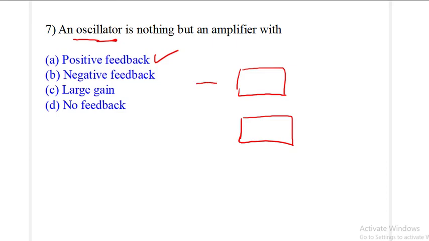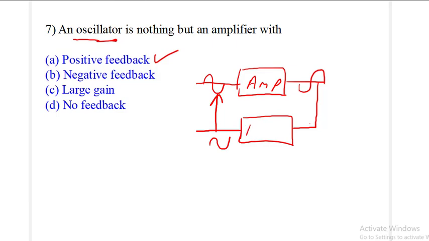So the input we are giving here, what we get is a 180 degree phase difference. This is given to the feedback network. We apply this to the feedback network, then the feedback again generates a phase shift of 180. So if we compare these two waveforms, they are in phase. So this is the amplifier and this is the feedback. So in the case of an oscillator, the feedback which is given is positive feedback.